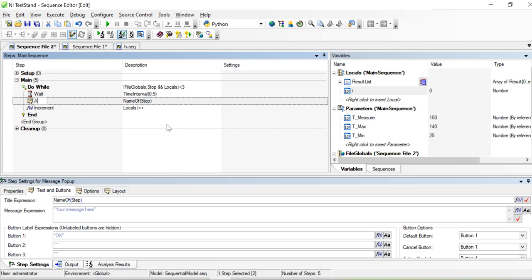Then again I want to put some message pop-up to say what the actual condition is, and then we go for a simple calculation. The actual condition is what my T measure is. So my temperature measured value is over there, and plus